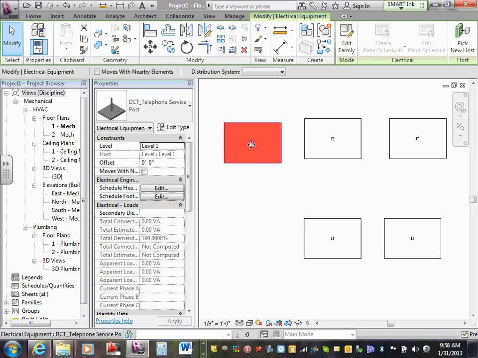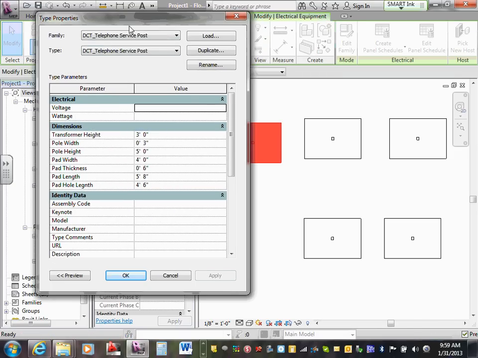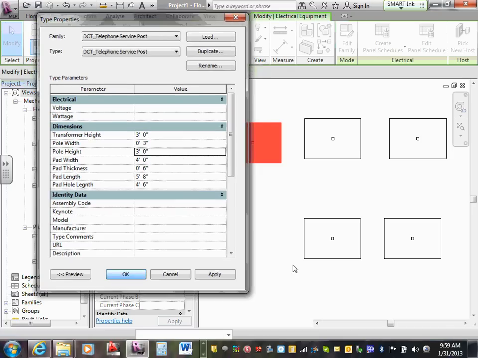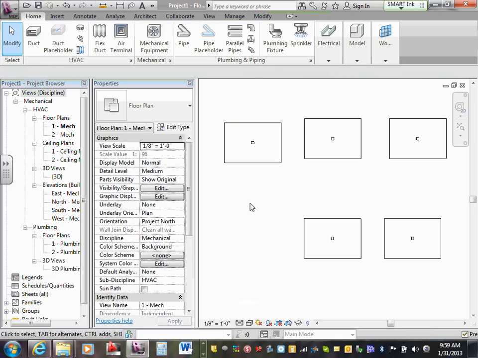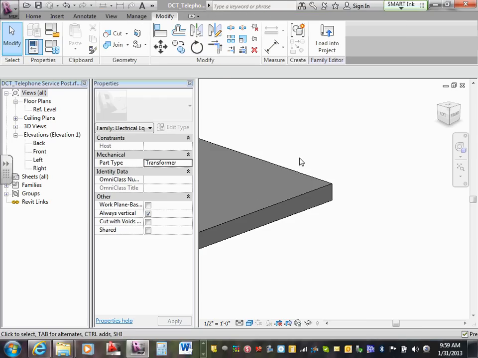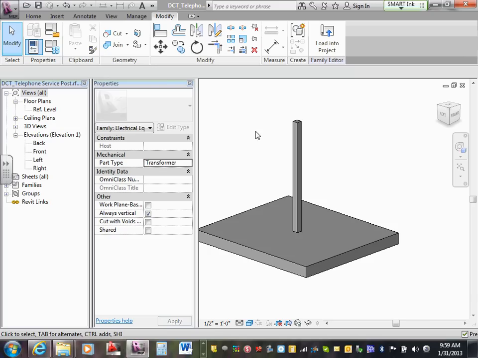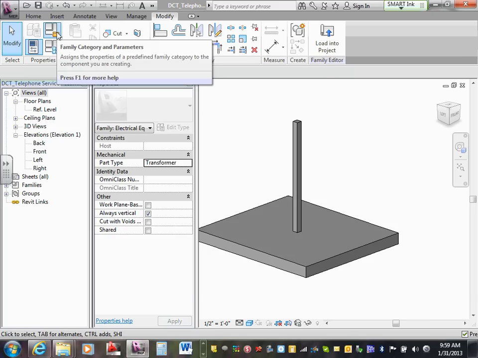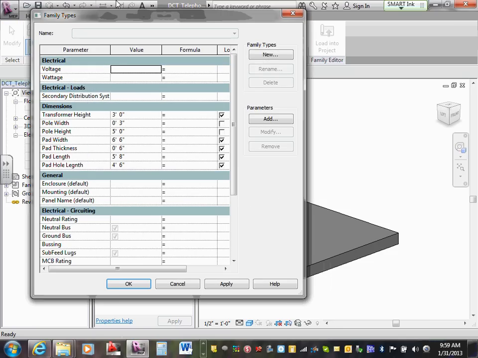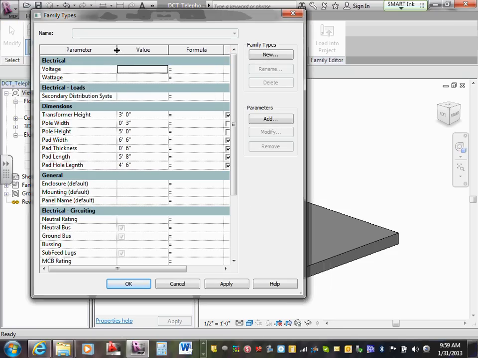So in this case, we would want this one to be 5 feet tall and the other one to be 4 feet tall. If we edit the type parameters and make the pole height 3 feet, all of them are going to be 3 feet. That's where instance parameters come into play. To make a parameter an instance parameter, you have to do that in the family editor. So back in the family, we'll go to our parameters, and the pole height is at 5 feet. I'm going to hit the modify button,